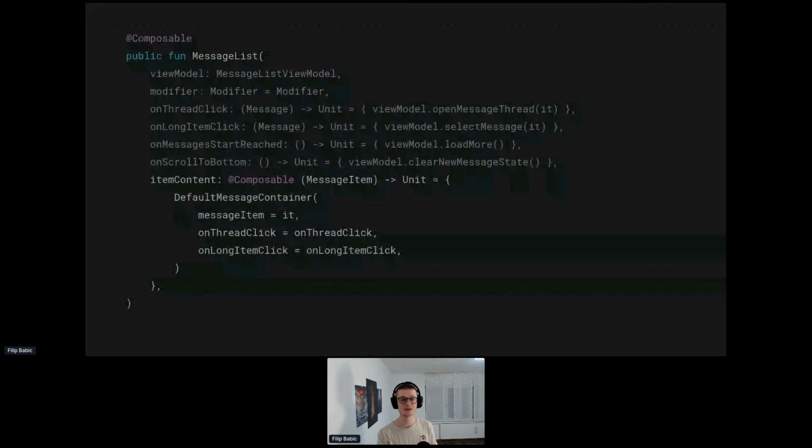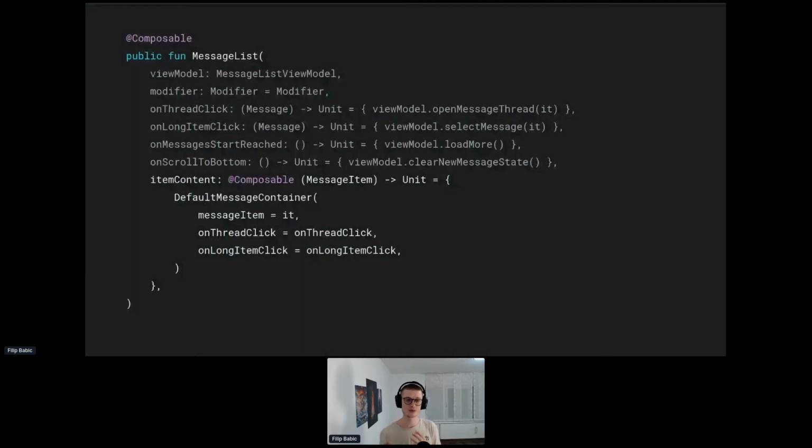And finally, we allow you this way to override different types of content parameters. So for example, in the message list, we have the item content parameter, which governs how each of the messages looks. It's applied to each message item in the list, and it essentially renders the list of items as you've seen on the previous screen. So in this case, you can use the default container for the messages, which generates all the information you have seen previously on the screen. But you can also completely override this message container to your liking.